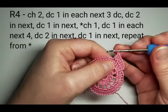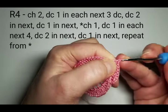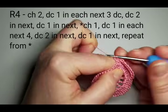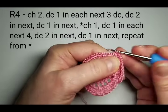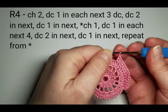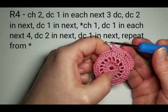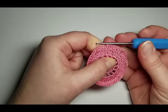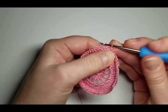The next group, double crochet once in each of the next 4: 2, 3, 4, then twice in the 5th, again once in the 6th, and chain 1. And keep doing this all around. You will end up with 8 groups of these 7 double crochet stitches and 8 chain 1 spaces. I will finish this round with a slip stitch into the second chain, and our round 5, chain 2,